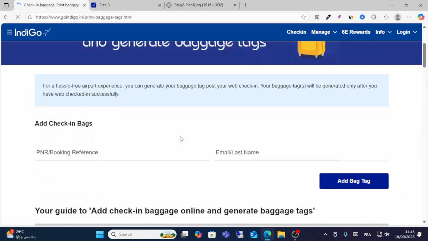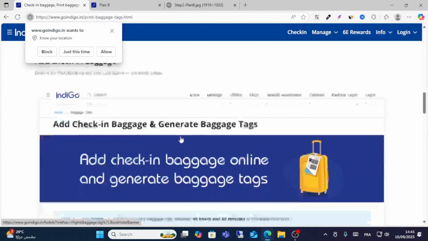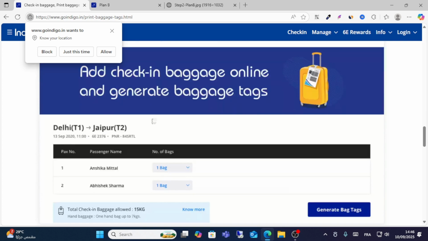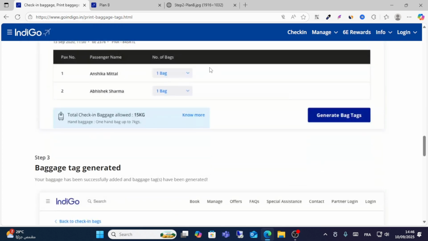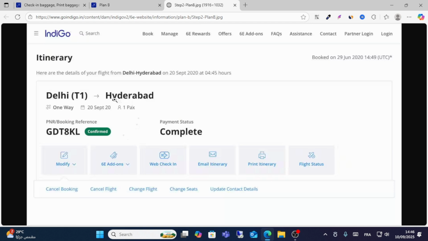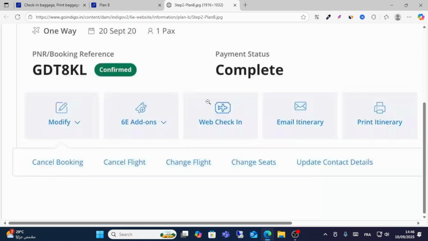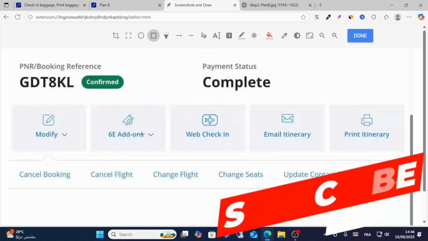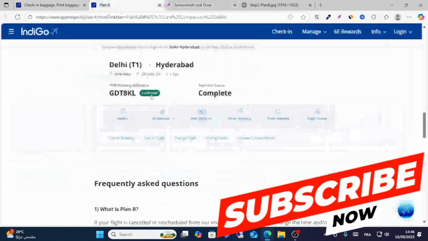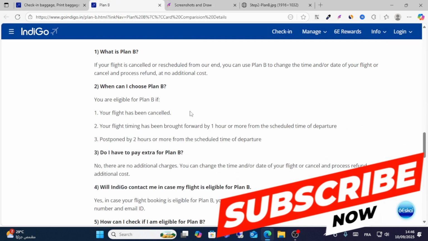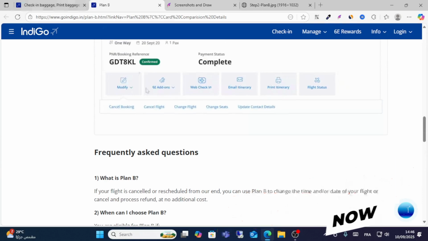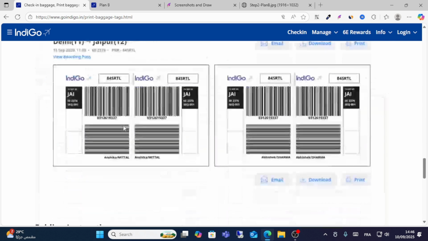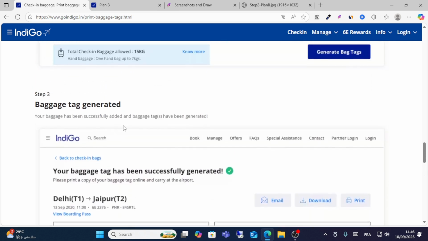After choosing this option, guys, scroll down, you see two options here. You see this page, guys. From here, this is your flight ticket state. Just click this option, cancel. Click on this option, guys, cancel flight, and then guys, you will get your full refund without any problem. So guys, as I say, just choose this cancel flight option, and then guys, you will get your full refund